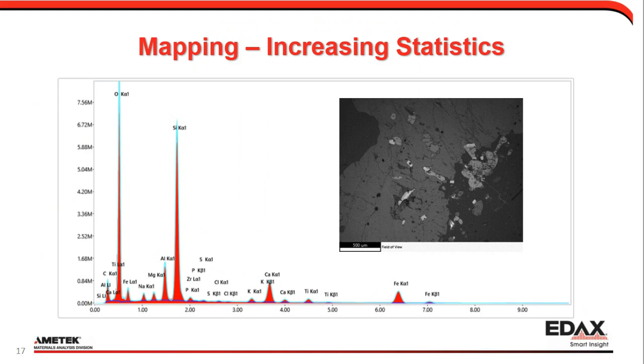So with that, we're going to take a look at what all of this actually means and what you gain from having a dual detector system. There are a few different applications we're going to go through, and I'm going to start with the increased statistics, as Shang mentioned. The sample I use for this is a floor tile, which gives pretty pictures. We see here in the insert the backscatter image of the sample. And the other benefit, besides just pretty pictures, is that there's a bunch of stuff going on in the sample,